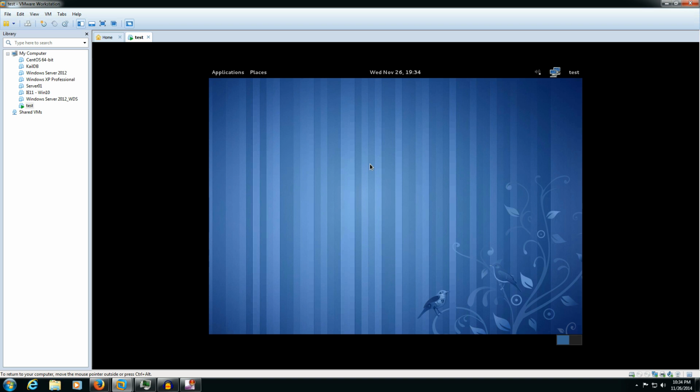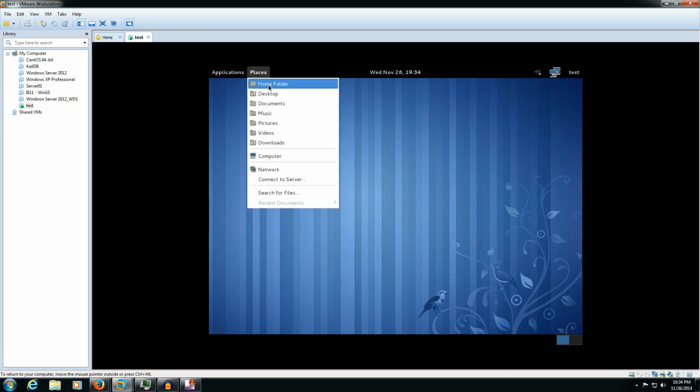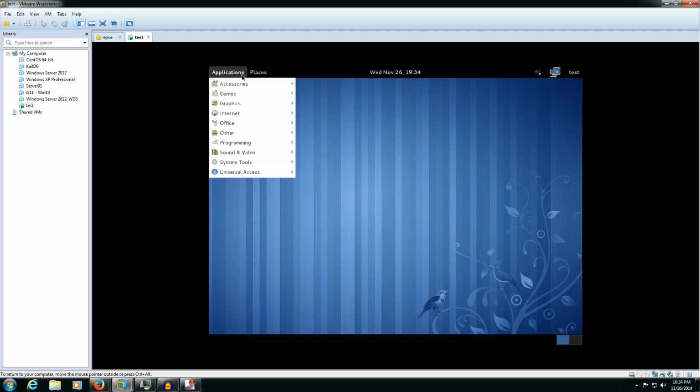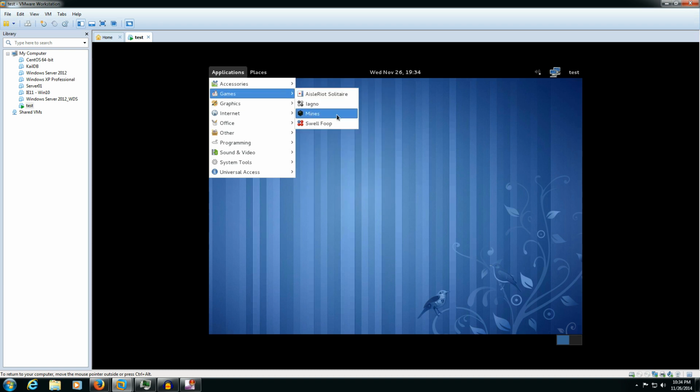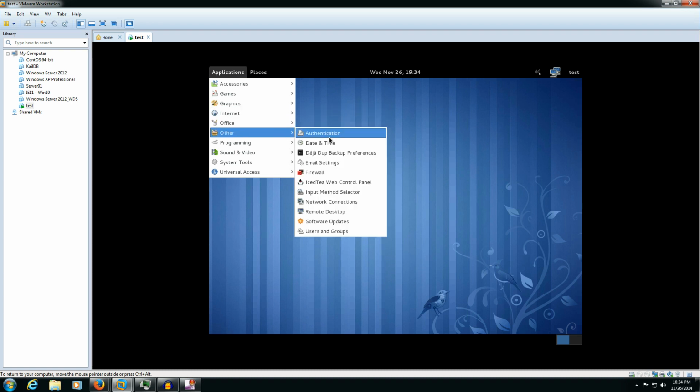Let's just go over a few of the things here in the Places menu. This is where all your home folders, your desktop, everything that you need to get to, your file system is all going to be here in Places, as well as the computer and the network, so you can connect to a server. Here's your applications, your accessories, all the stuff you need there. The games, there's a few games installed on here. Graphics, internet, you get your Firefox sitting right there, and the other, date and time, firewalls, network connections, remote desktop, and the programming,